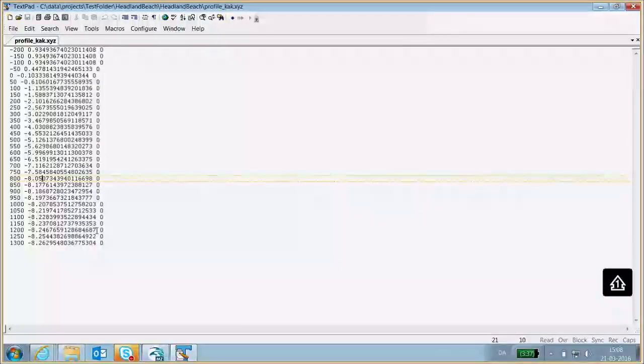And the reason for that is if I don't have a steeper profile beyond the depth of closure than what is in the mesh, then this supplied coastal profile is going to be used all the way out here to 1300 meters, not only to the depth of closure.